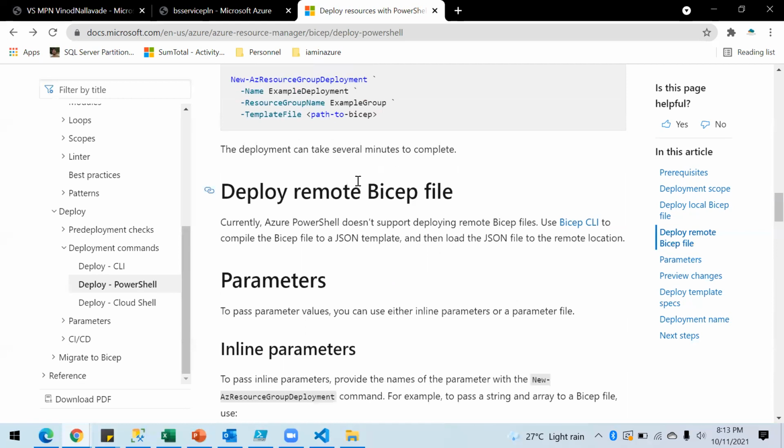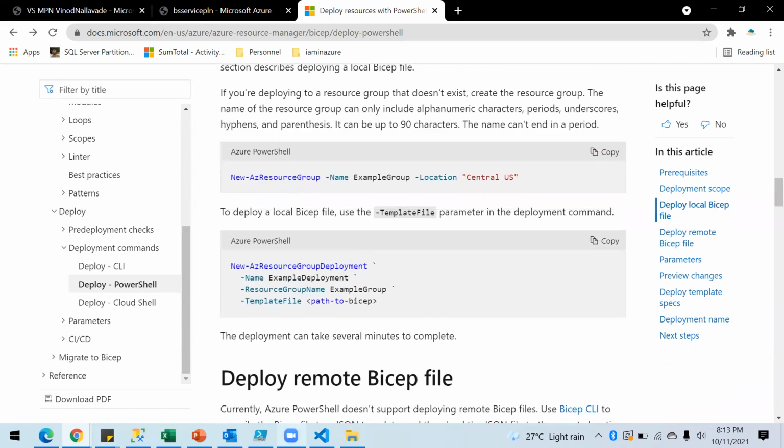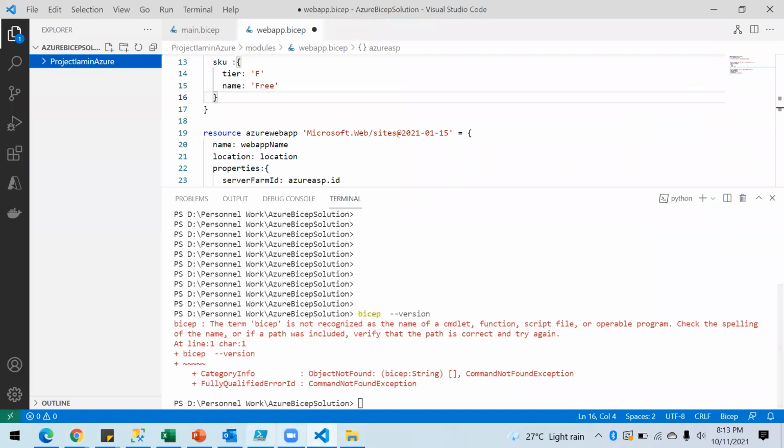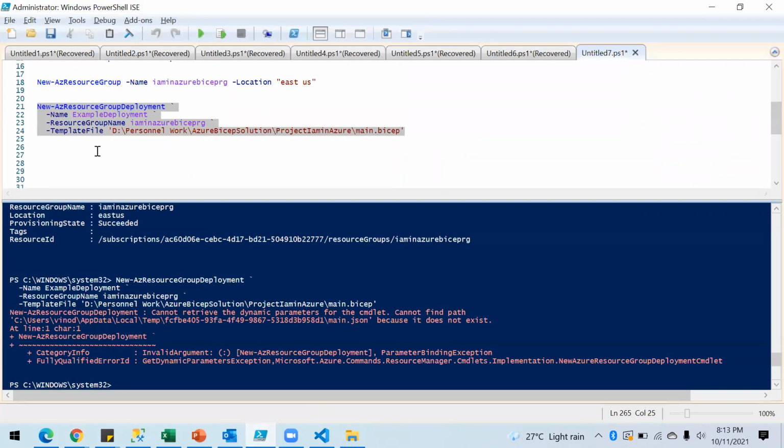Okay, I just don't want to waste time here. What I will do is cover the rest of it in my next video, like how to deploy this to Azure using local deployment, from PowerShell or the CLI. Then I will push everything to Git, and from Git we're going to create CI/CD pipelines for Bicep, and I will show you how that works using CI/CD as well.